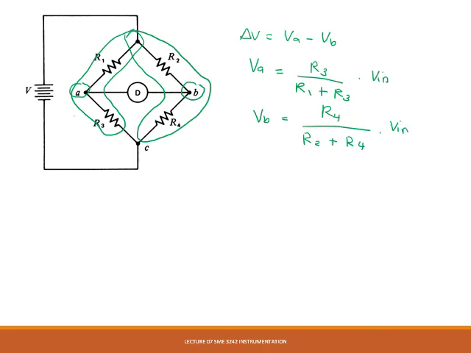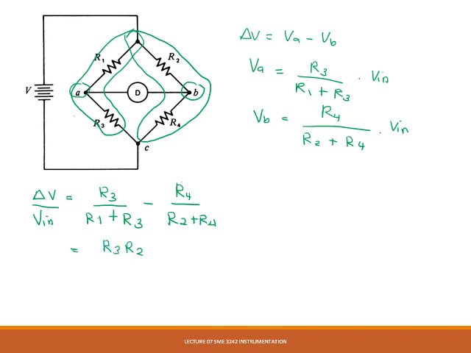So from there, delta V is R3 over R1 plus R3 minus R4 divided by R2 plus R4, where we get